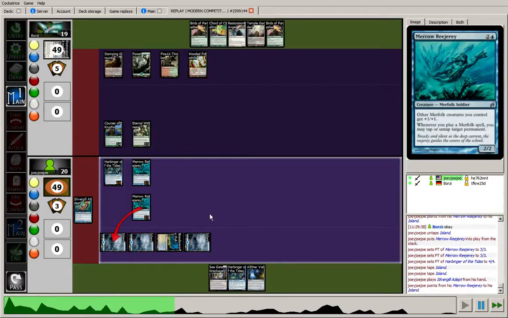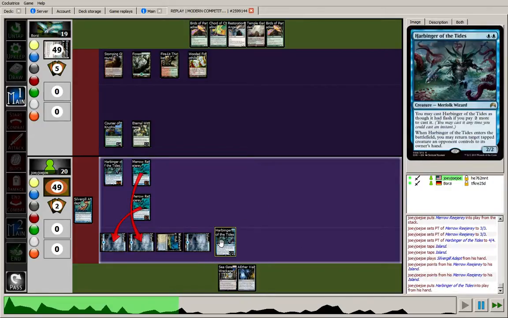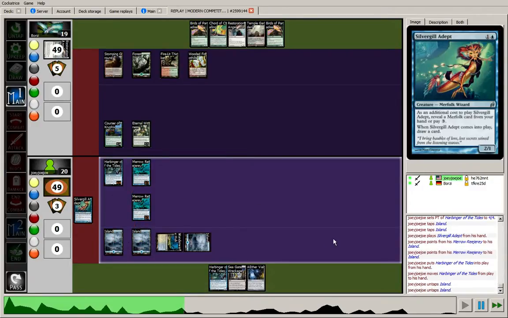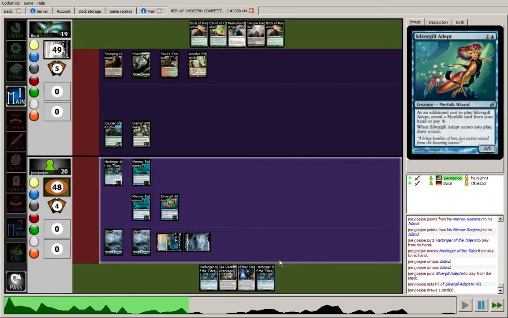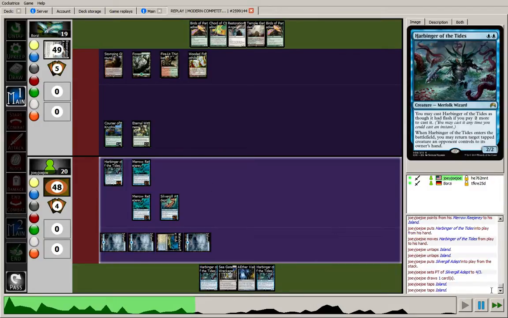So I'm going to target 2 of my Islands with the 2 Mara Regery triggers. I reveal Harbinger of the Tides for Silvergill's additional cost. The Silvergill will resolve and draw me a card. It draws another Harbinger of the Tides, which I am not going to complain about, with 2 Mara Regeries on the table. So at this point,